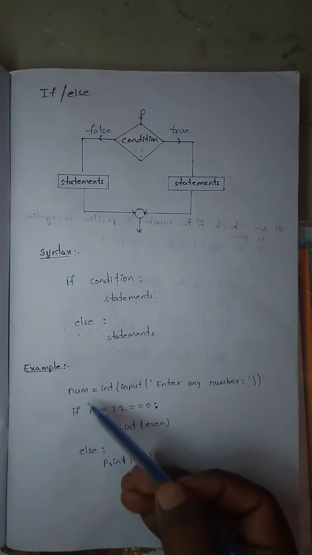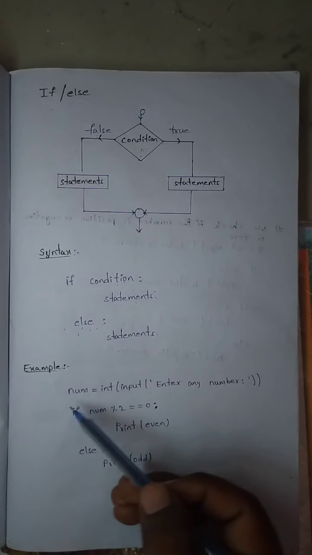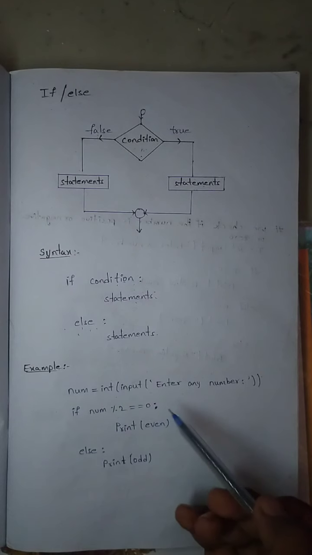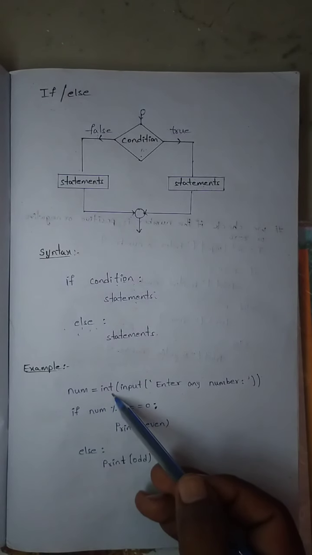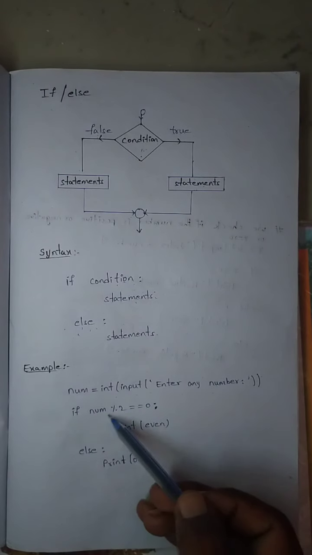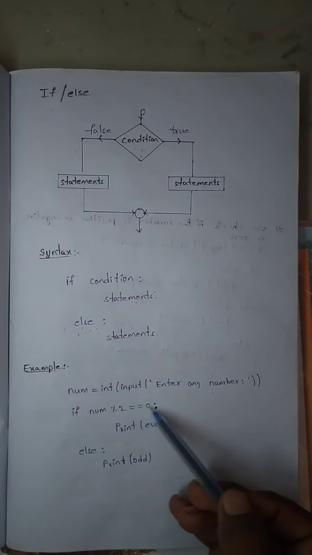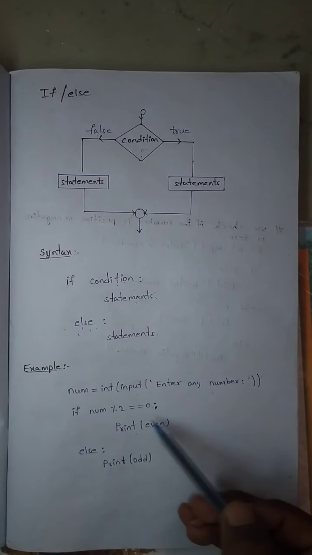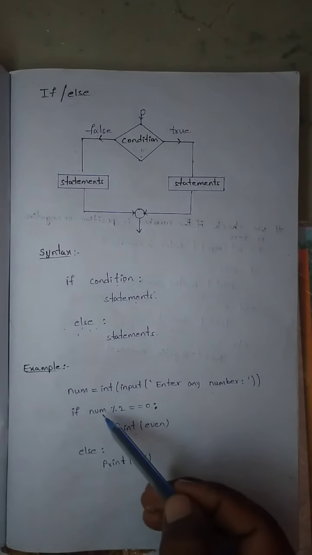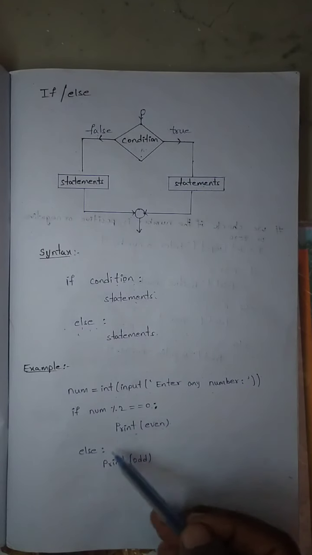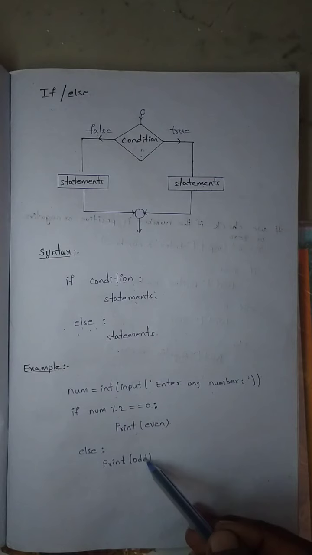For example, to find whether the given number is even or odd. Here number equals input, enter any number. If number modulo 2 is equal to 0, print even, else it is odd. Now